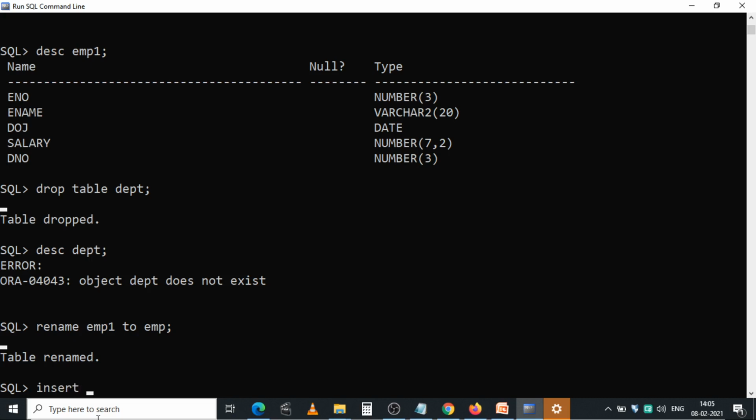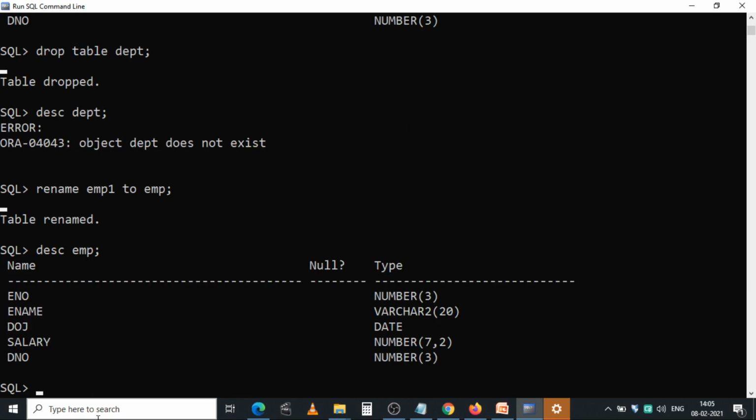I type the insert command at the SQL prompt. Before going to insert, first of all, know the structure of the table. Why? Because before inserting data into the table, you need to have a thorough, clear idea regarding the data types of particular columns. DESC.